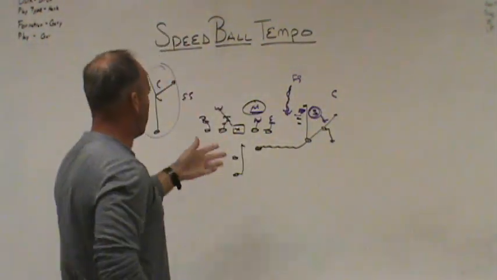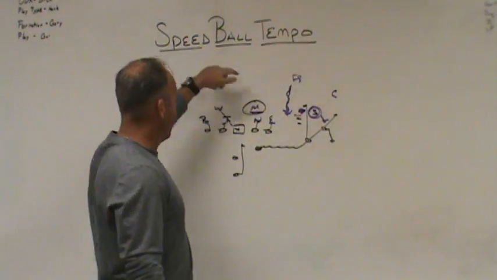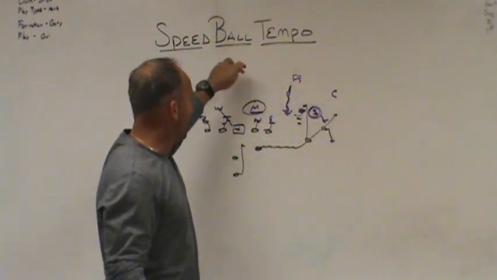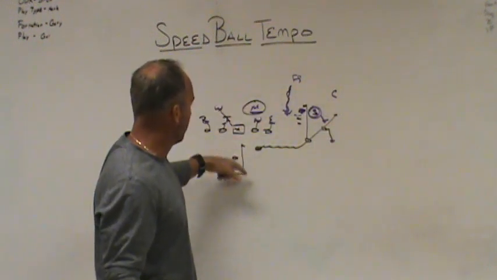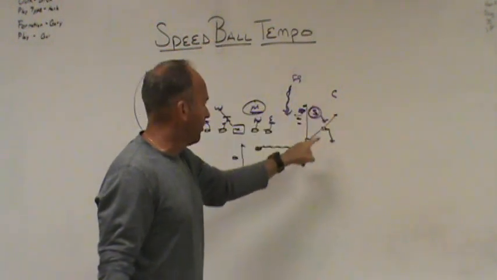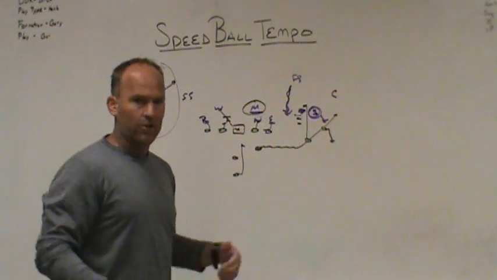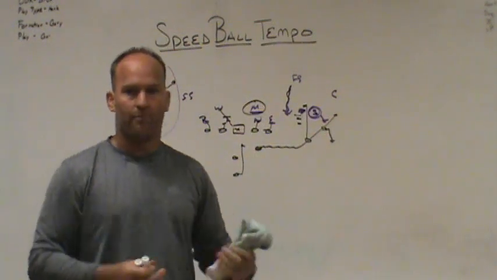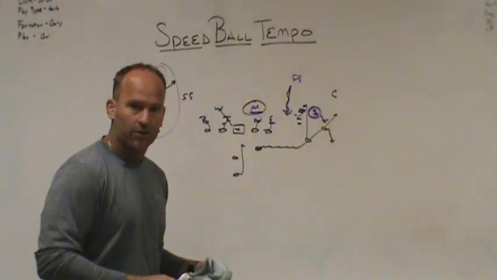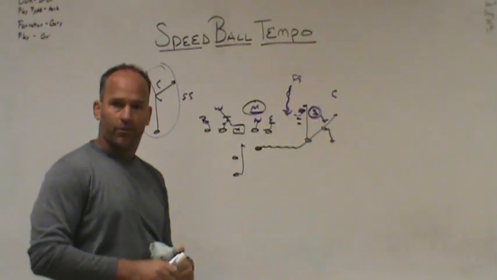So now you've got a built-in zone, screen, stick game. You've got a built-in draw, read, stick game here. You're not running a draw play, you're actually running inside zone. You've got stick, one-step stand-up screen with a lead blocker, and now you've got one-on-one to the X on the backside. So either way, if you live in a world where you have package plays with runs and passes, you can live in a world where you can go a lot of speedball tempo.